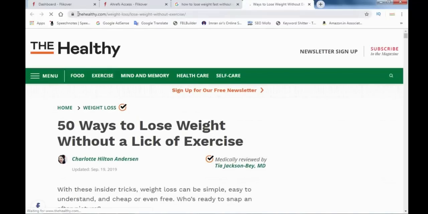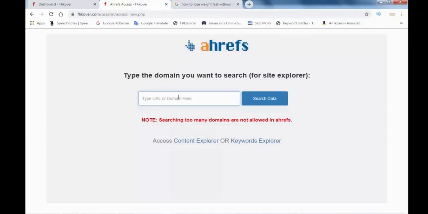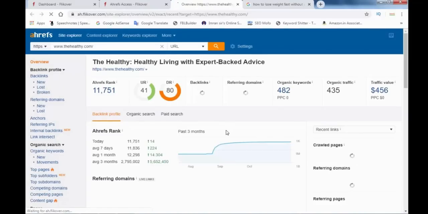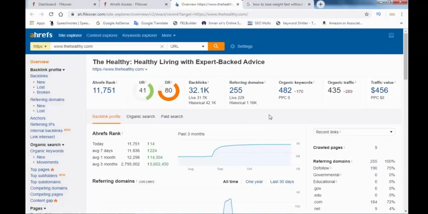I will show you how many organic keywords from this website are ranked on Google. So now we enter this domain here on Ahrefs and search data, and now we need to check how many keywords are ranked from this website on Google. After that I will show you how you can get benefits from these organic keywords.